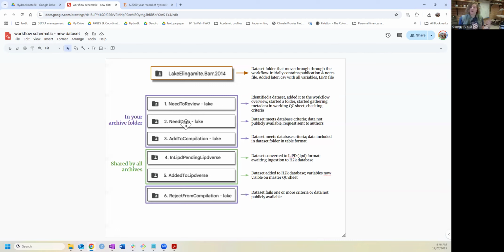If the record meets the criteria for inclusion, but the data aren't publicly available, it would go to this folder 2, where it waits, and then you email the author, ask if they're willing to share the data. And then if the author does send the data, then it would come into folder number 3. Once you have the data, you'll convert it to a lipid file, and the folder will move to number 4, where it will then be ingested into the Hydroclimate2k database, whereupon the folder moves to number 5,